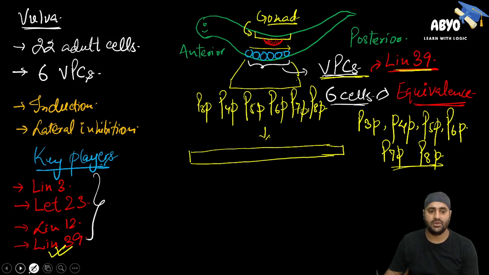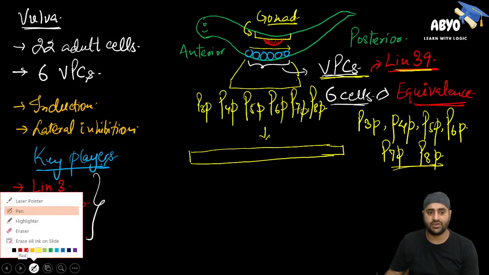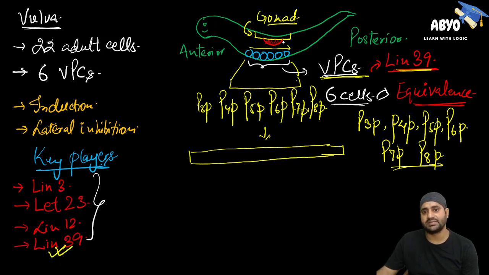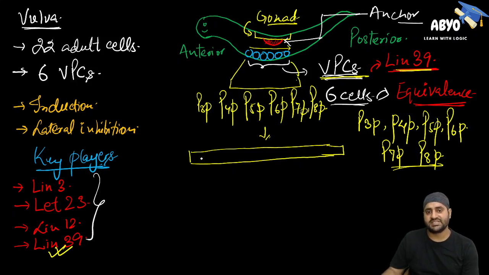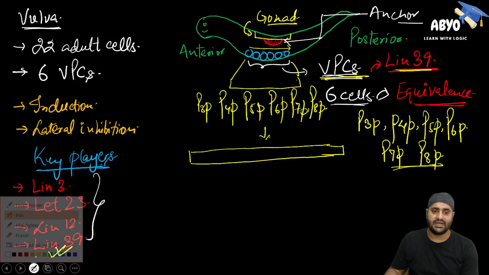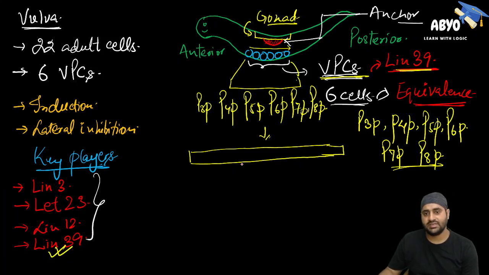Okay. What is the name of the cells which are associated with the gonad? We call them anchor cells. So this is the anchor cell. And these, as I have already mentioned, are the VPCs. Now, this specific structure is the gonad, and associated with the gonad are